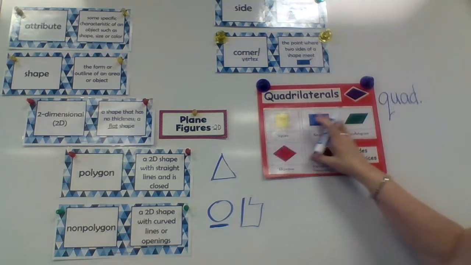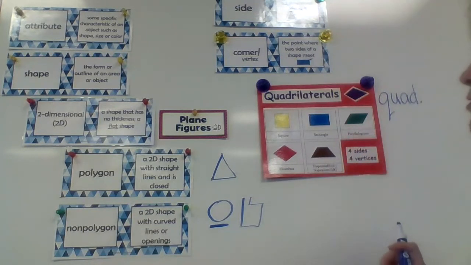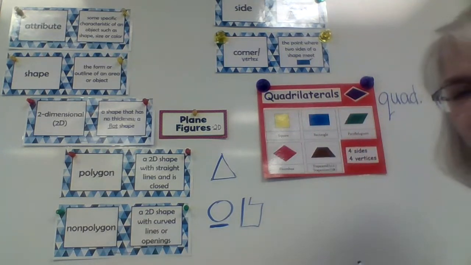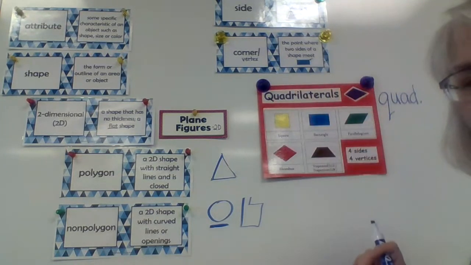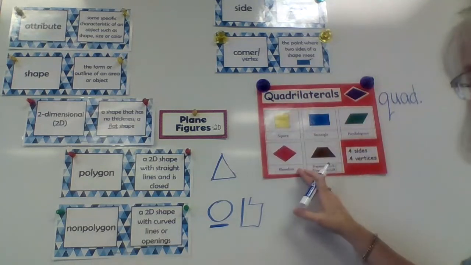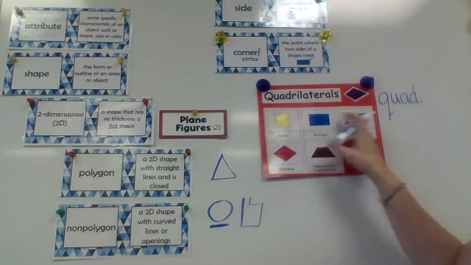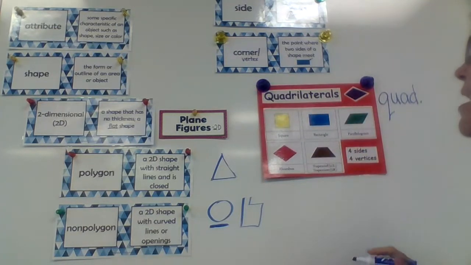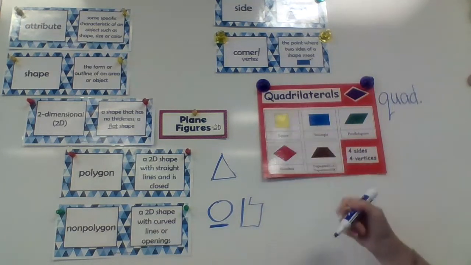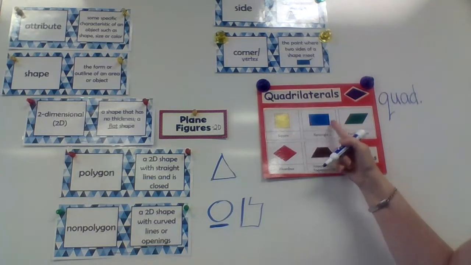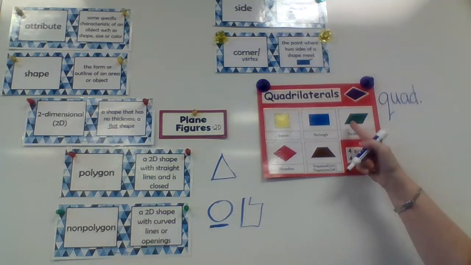Now, when you look at these 5 shapes, these are quadrilaterals. They're in the family quadrilaterals, and they have their own name. So it's kind of like, this is their last name, quadrilaterals, their family name. This is their first name. Just like Mrs. Jones is in a family that's Jones, but we have family members and we have our own name. All right, so we have a square, 4 sides, 4 corners, rectangle, 4 sides, 4 corners, a parallelogram, 4